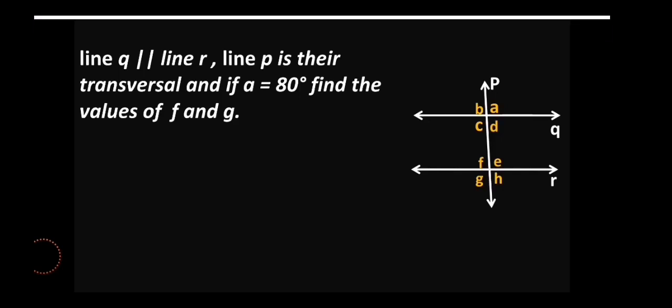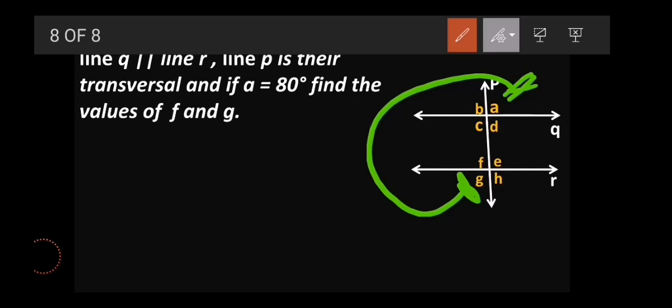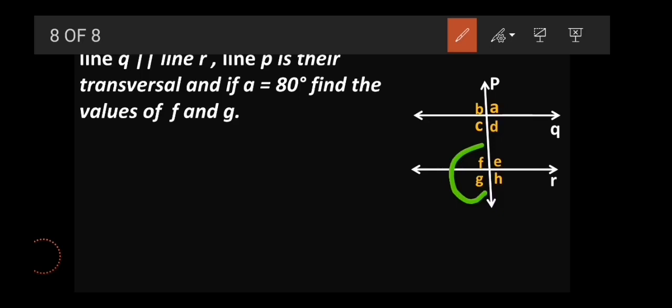So if you observe this angle A presently over here, and this G over here, you can see they are exterior alternate angles, and if lines are parallel, then exterior alternate angles are also congruent to each other, right? So if angle A is 80 degree, then I can say angle G is also 80 degree, correct? And if you observe angle G and F, they are a linear pair, right? So once I get the value of G, I can find out the value of F also, correct? So the value of G is 80, and when I subtract this 80 from 180, I get the value of F also, because they are a linear pair.